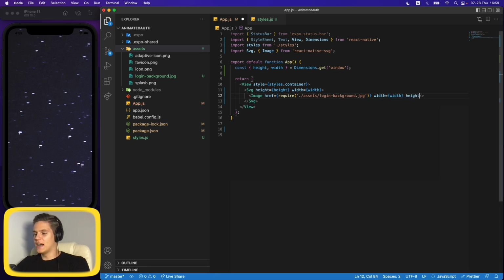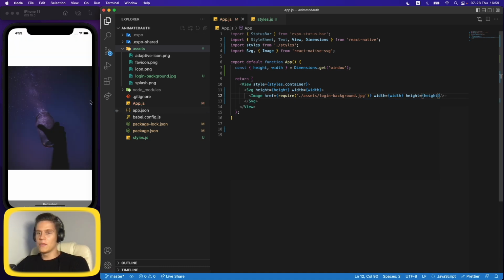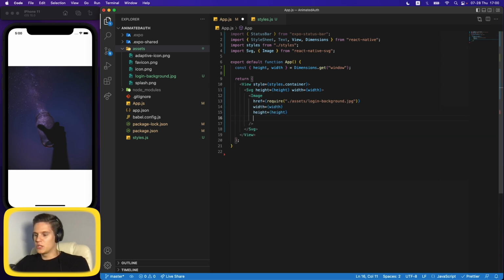And let's provide the height of the image, which will also be the height of the screen for now. Now we can see that the image is here, but it's not full screen. So in order to make it full screen, we need to add one more prop, which is called preserveAspectRatio. And now we need to pass a string with xMidYMid slice, which means